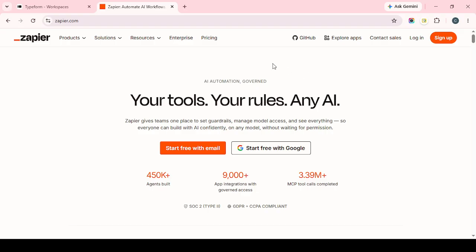Zap. Once it's live, every new Typeform entry will automatically flow into MailerLite